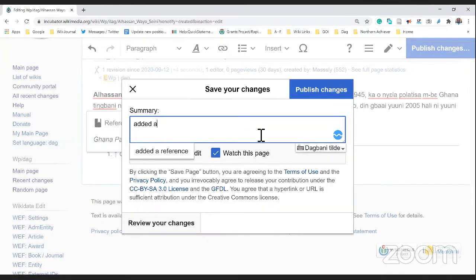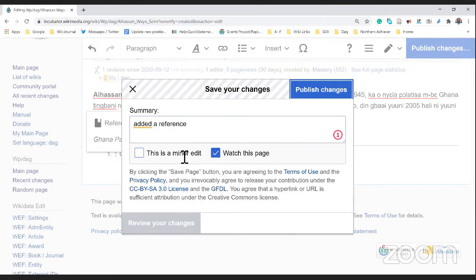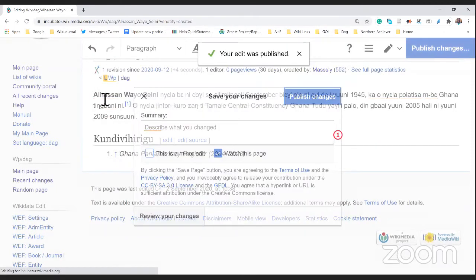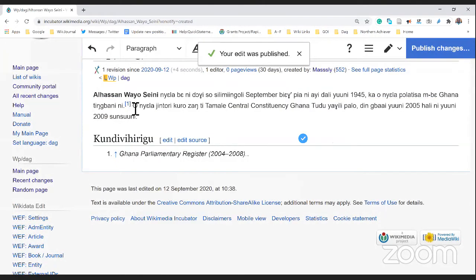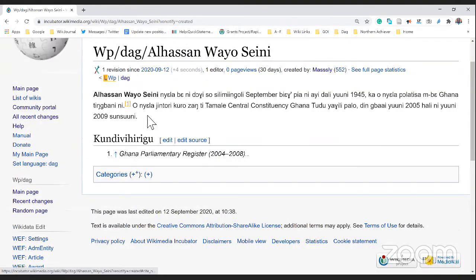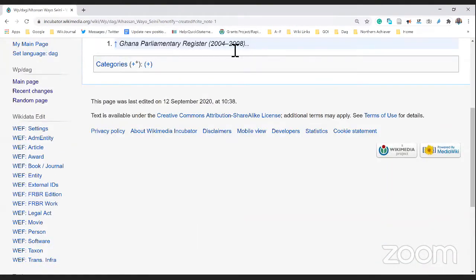And then I add a summary that I just added a reference. So you can see that this first statement I just added now has a reference that tells us